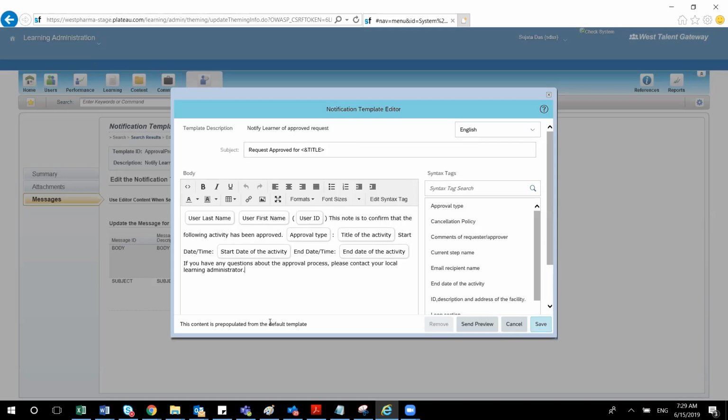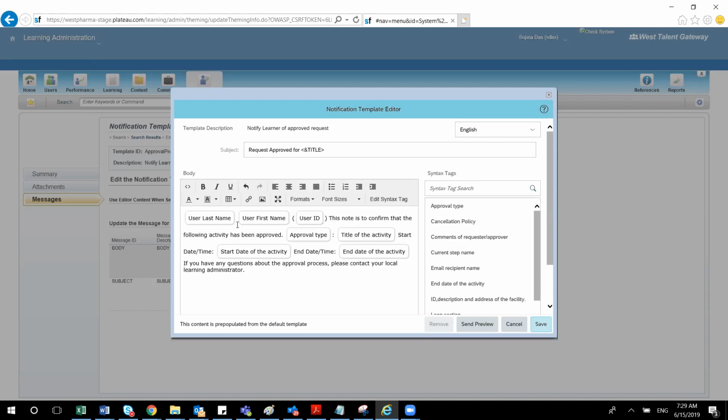Suppose I am sending a notification to any learner, and you are one of the learners. The system will say yes, this is Madan, and Madan's user ID will be in the actual template. In the actual email, approval type, start date, end date, everything will be coming there. And there is a custom thing also, you can edit it here. Like if you want to add any custom text, like contact HR admin if you are facing any issue, you can maintain that text here.